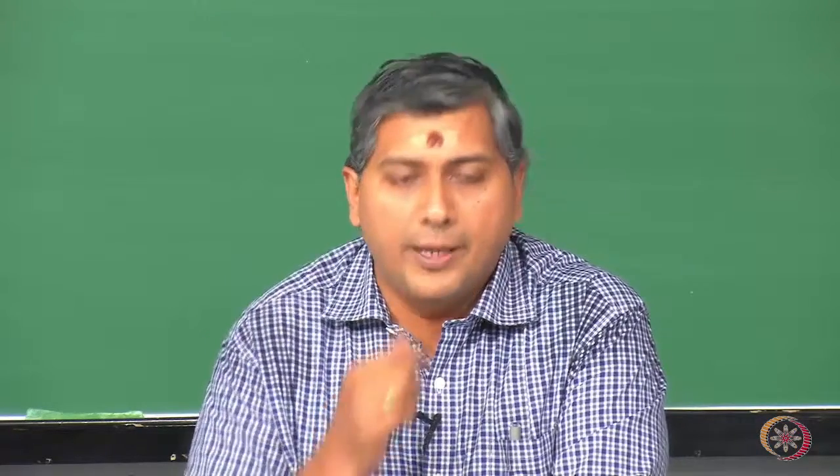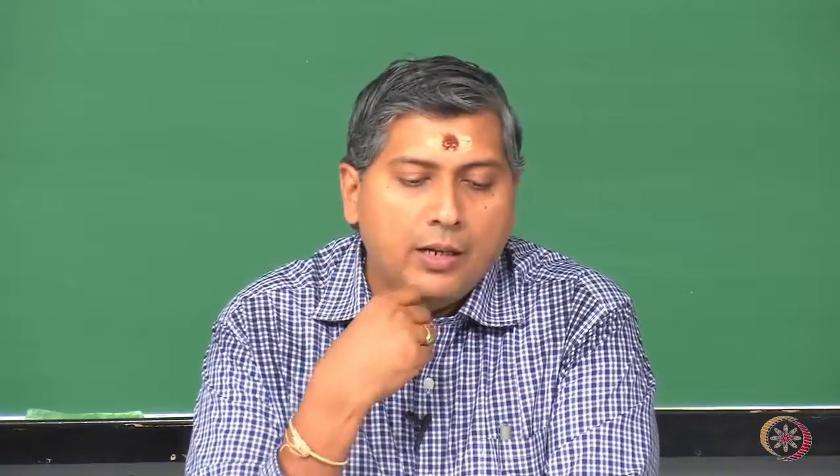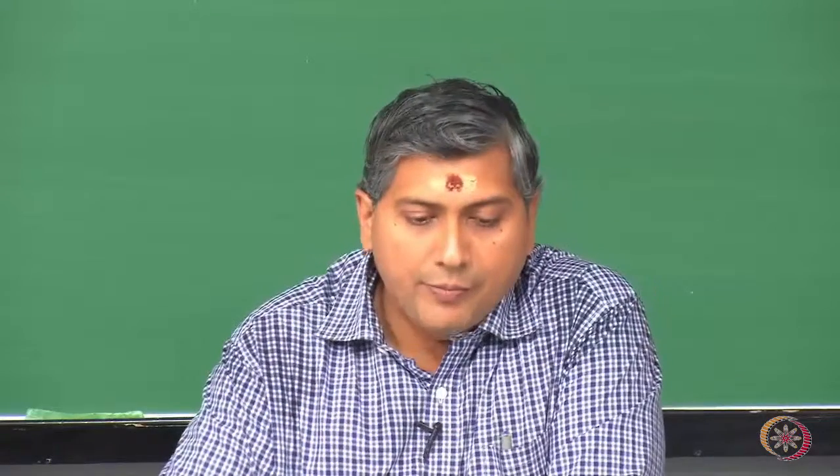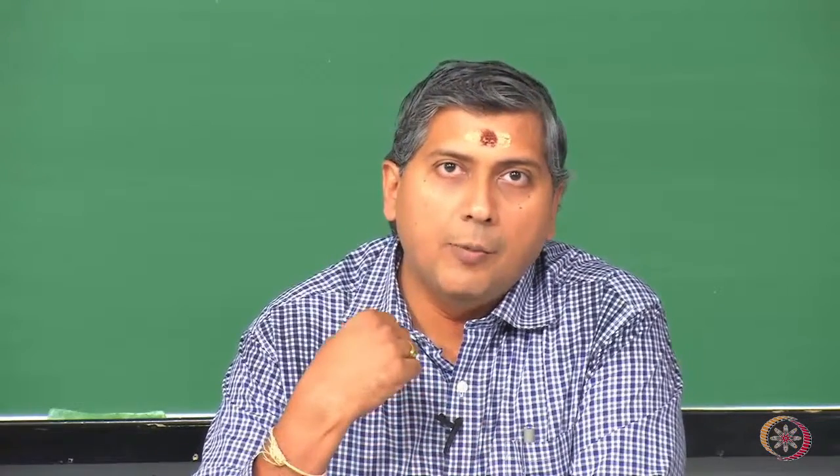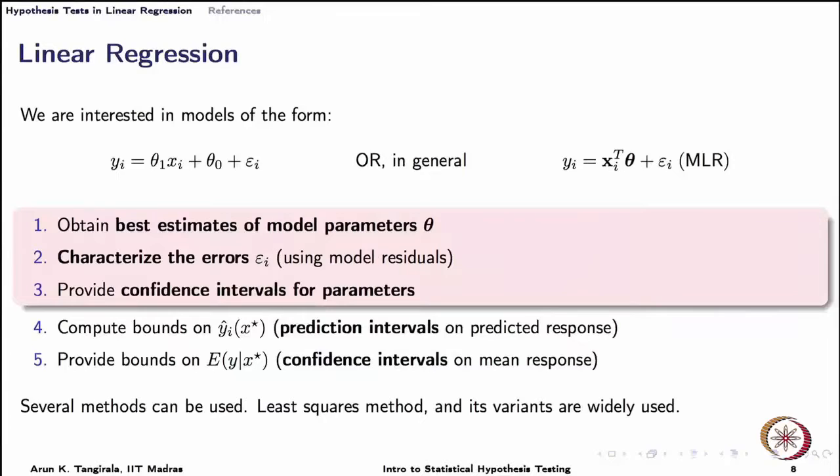However, that epsilon keeps reminding us that despite the best of our efforts, we will not be able to make an accurate prediction because there is a randomness in y. We will assume for now that x is not random and that the entire randomness is only in y. So, the bottom line or the summary is, despite obtaining best estimates of the model parameters and then using that model for predictions, we are going to make mistakes in the prediction. There is going to be always a leftover term which we call as a residual, and from these residuals we try to understand the nature of epsilon, right.